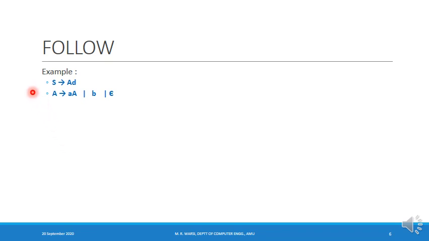So this is the grammar that we have. Capital S derives AD, and from capital A I have three productions. Capital A derives AA, capital A derives B, and capital A derives epsilon. And the string that we are parsing is, for example, this. I start the derivation from capital S. I expand it using the only production, so there is no choice available. I obtain the sentential form capital A small d. Question now is, which production should I use for expanding the capital A?